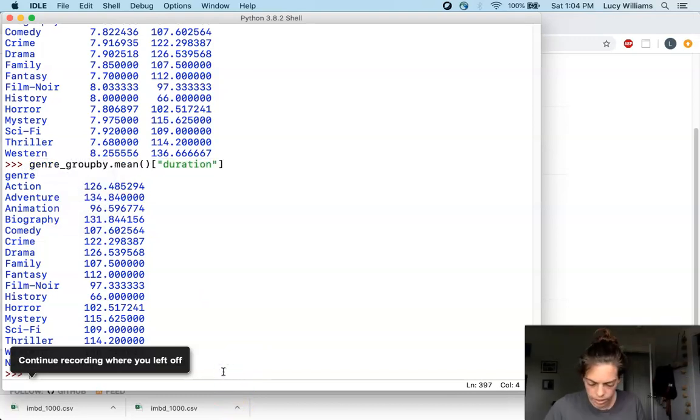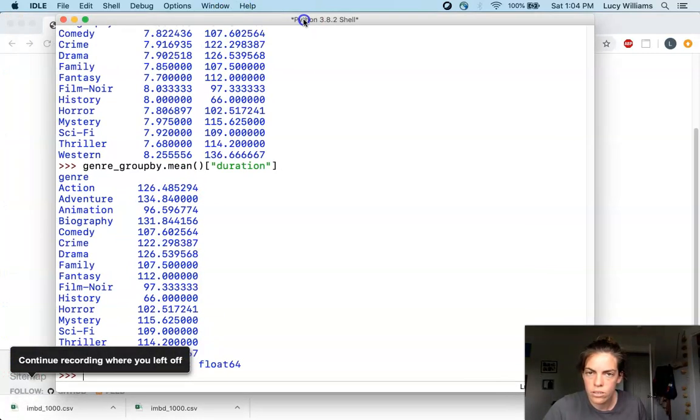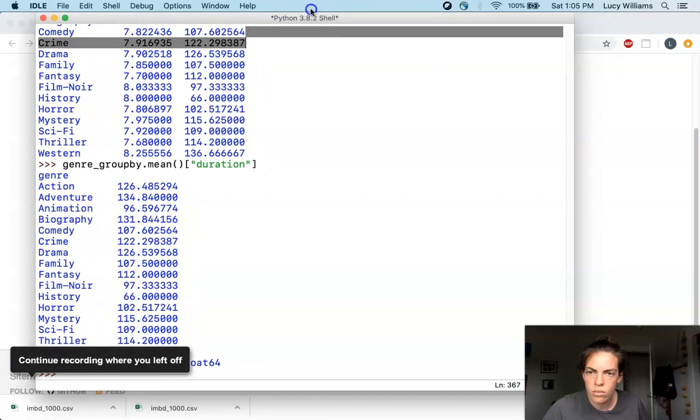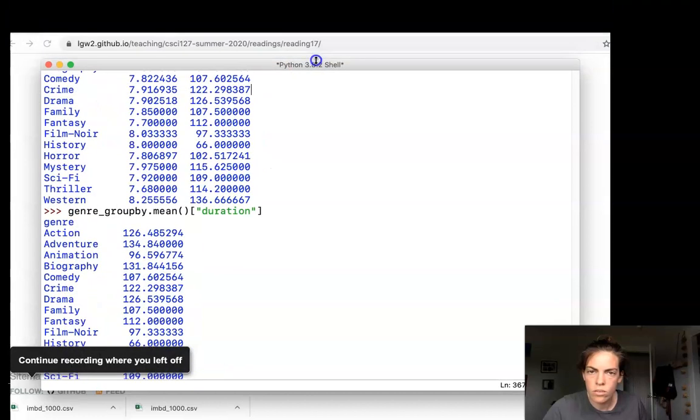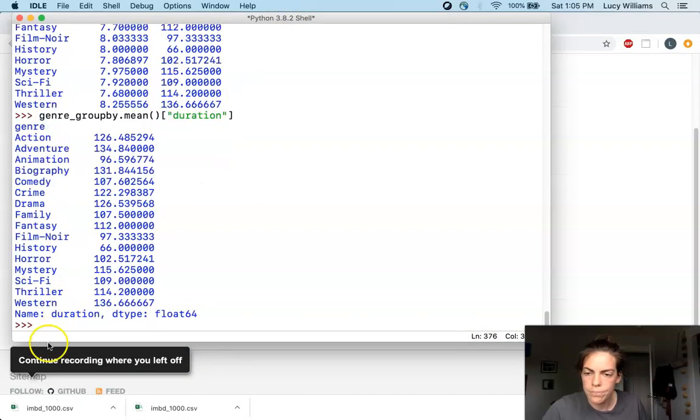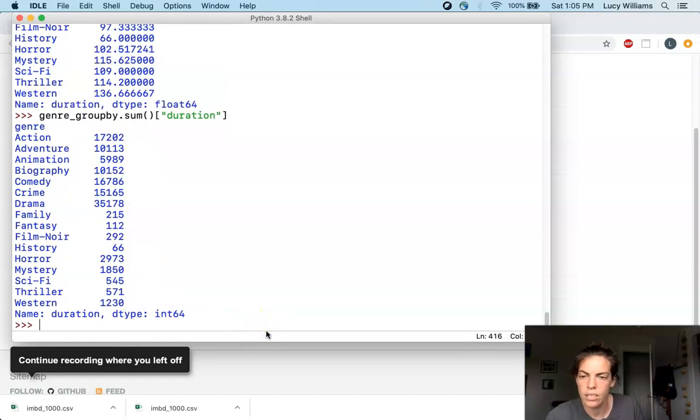So let's go ahead and try that out. I'm copying this over, but I want the sum instead of the mean. Well, all I need to do is, instead of calling mean on my group by object, I want to call sum. So let's take a look at that. And here we see these sums of durations per